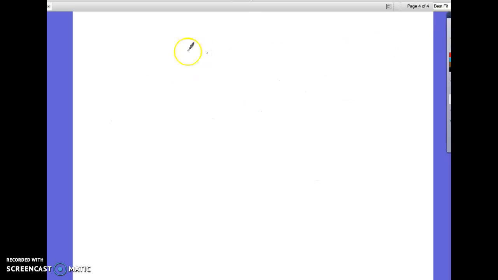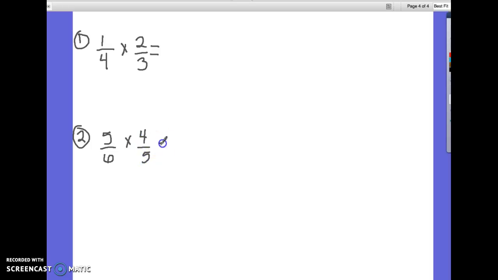On your own paper, I want you to represent a few different fractions using area models. The first one that I want you to do is 1/4 times 2/3. So that's the first one. The second one I want you to do is 5/6 times 4/5. Third one I want you to do is 3/4